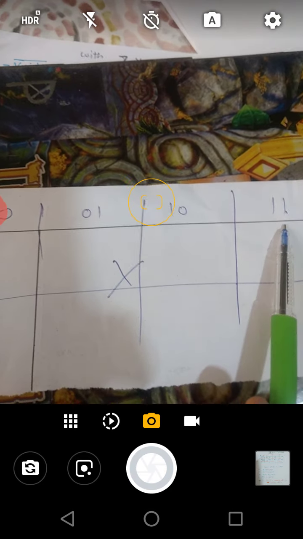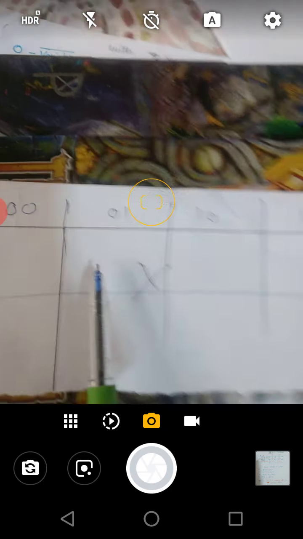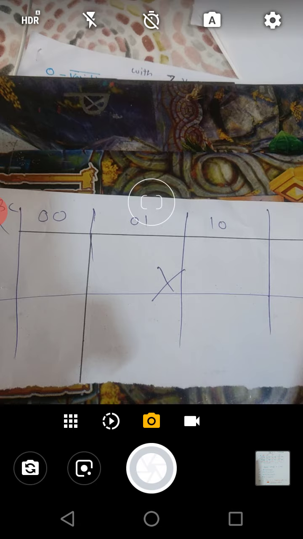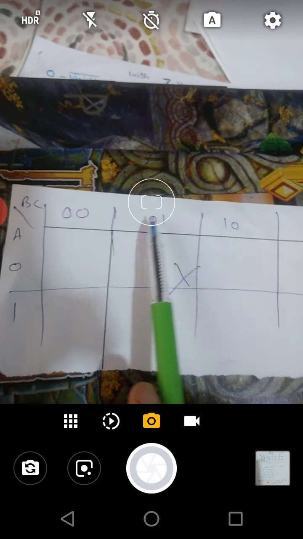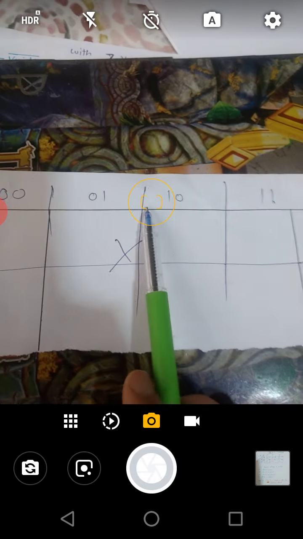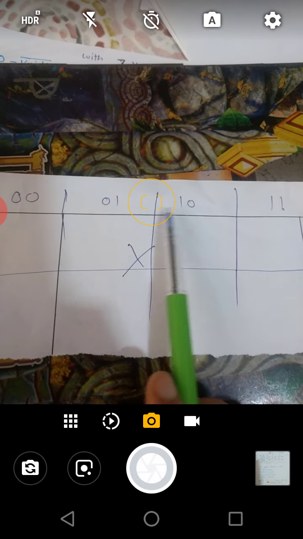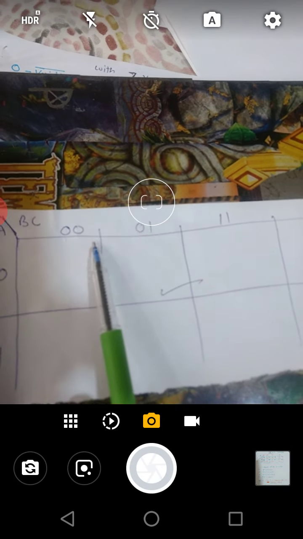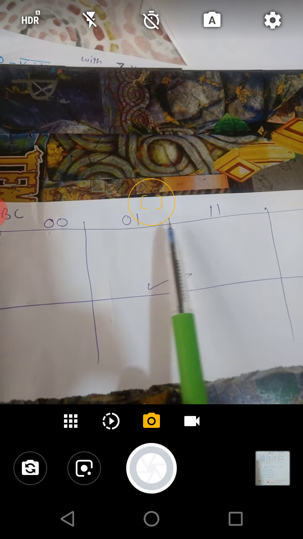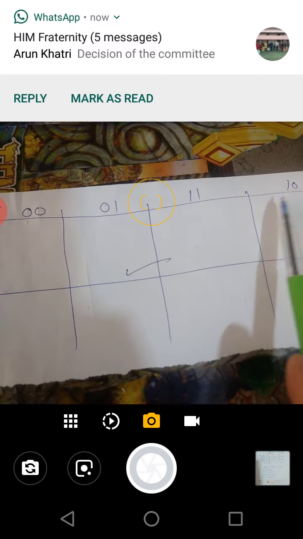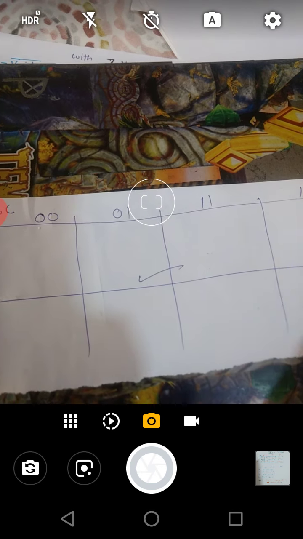Now here, 11. Students, this arrangement is wrong. The second concept: here these two codes will differ by 2 bits. Again there is a difference of 1 bit, which means at this place we are facing a problem of unit distance. If the arrangement is like this, 00, 01, 11, 10, every adjacent column entry has a unit distance difference.